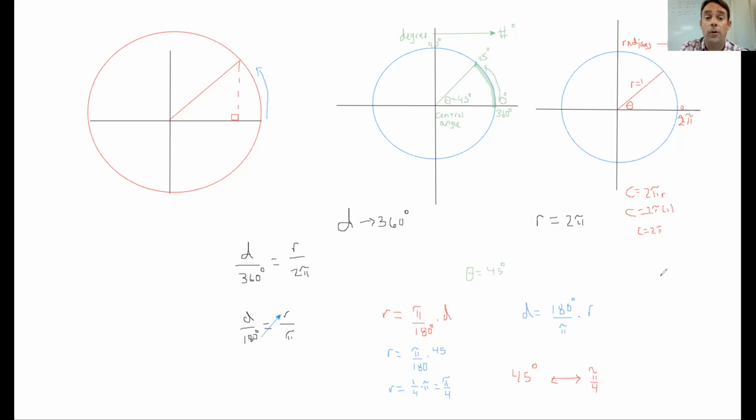And so we can convert back and forth now between these two different ways to evaluate a degree, or evaluate a central angle, evaluate an angle. An angle can be in terms of degrees, or it can be in terms of radians. And this is what I'm talking about pi. You're going to notice that most of our radian angles are going to have pi somewhere in it. For instance,